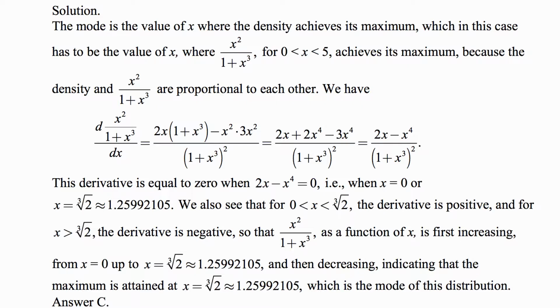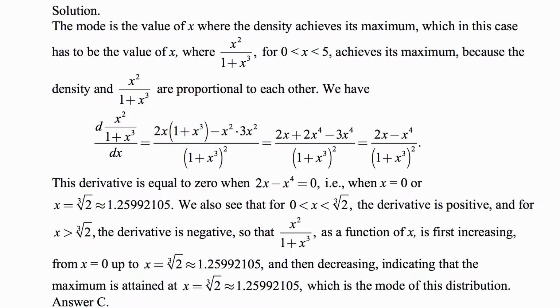Then we multiply out the things that we have in the numerator, and we cancel them out a bit to the degree that we can, and we end up with 2x minus x squared divided by 1 plus x cubed squared. Well, this derivative is equal to 0 when 2x minus x to the fourth is equal to 0, and that happens when x is 0 or x is equal to the cube root of 2, which is approximately